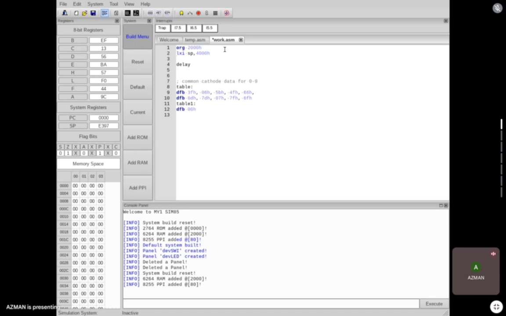I'm gonna need a delay function, right? So saya akan tulis yang biasa saya bagi, push B, push PSW, LXI B, that's useful. Sorry. And then kita ada,